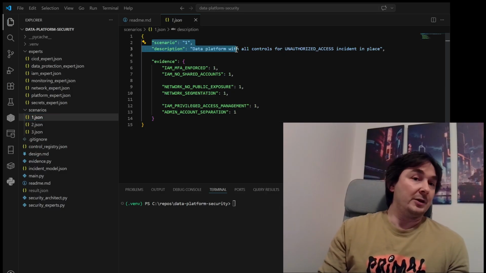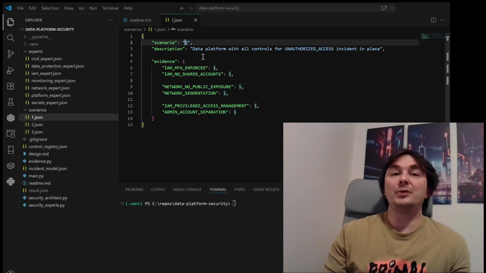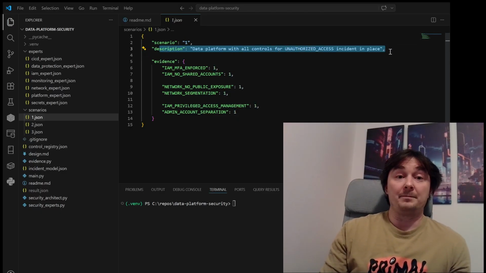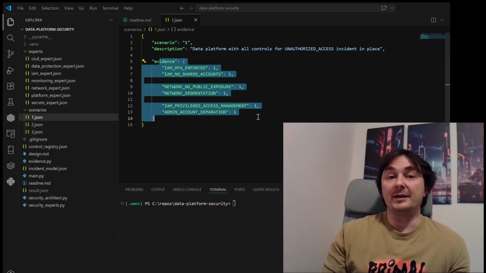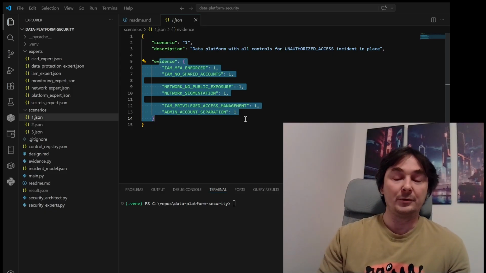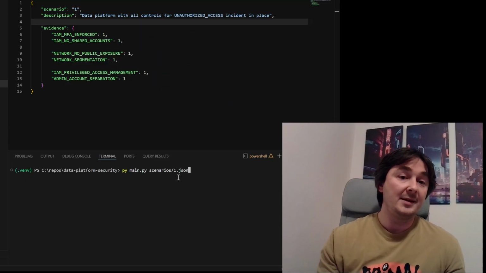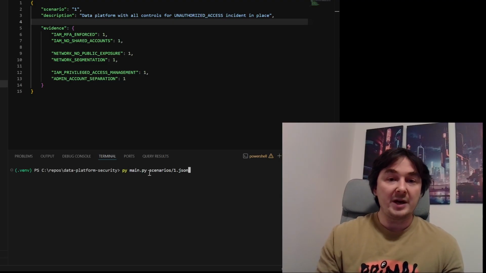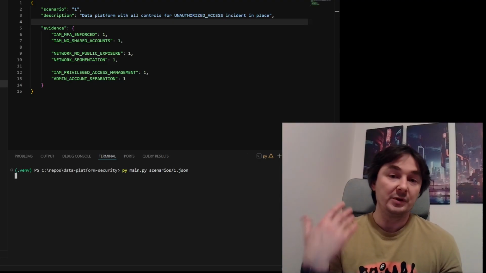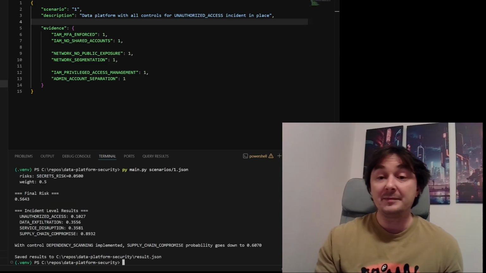For each of the scenarios, I just added some description and the numbers that actually are not used at all. And based on the evidence that is provided over here, we can calculate what are the risks and so on. So let's try it. To try it, it is as easy as just to run the main.py code with scenario number 1. When you start it, it will calculate it, it will run a couple of times,